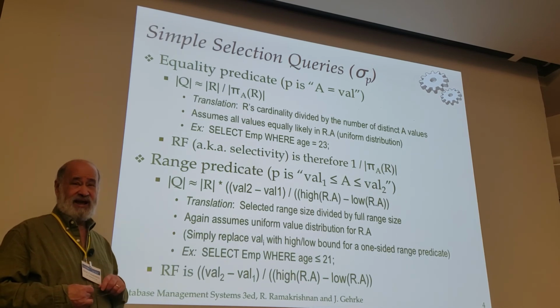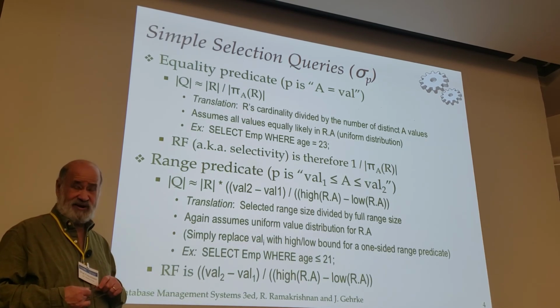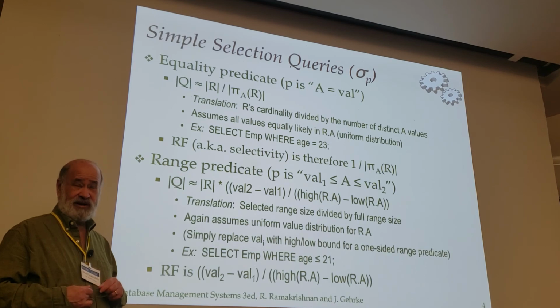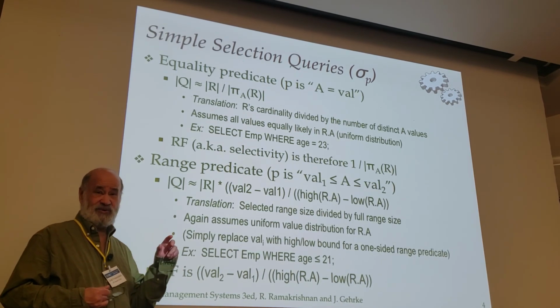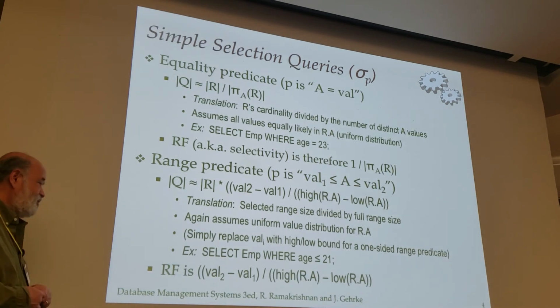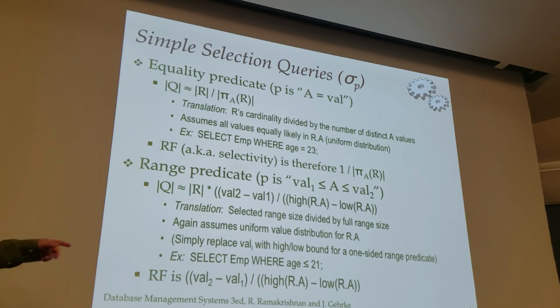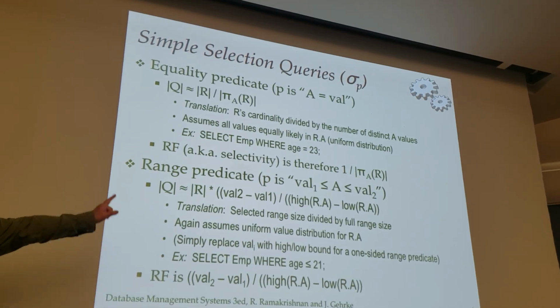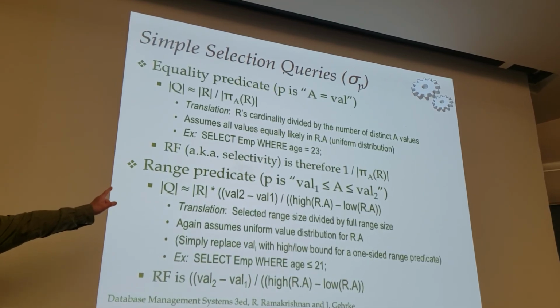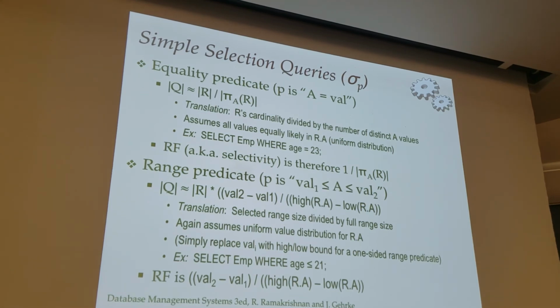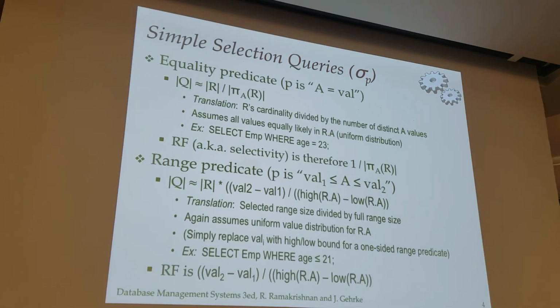And if you're looking for age greater or equal to 63, and the age values are between 0 and 99, it's the same thing as saying age greater or equal to 63 and less than or equal to 99. So even when you just have less than or equal to or greater than or equal to, you can go ahead and play with that and get the reduction factor. So the reduction factor is this term, but one more time, the numerator and denominator need a plus 1 introduced in them for this to be able to work. And at this point, I will switch over and give